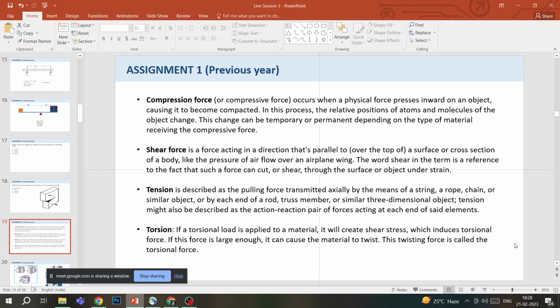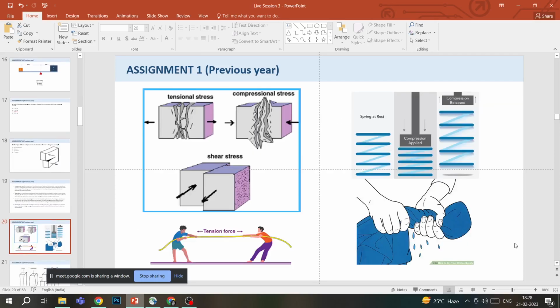Then torsion. What happens in torsion is that if a load is applied on a material, it will create shear stress, which induces torsional force, and when this force is large enough, it causes the material to twist, and this twisting force is called torsion force basically. Now to show you some examples, this first image that has been given is basically,